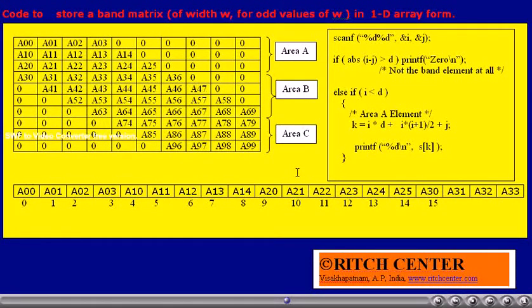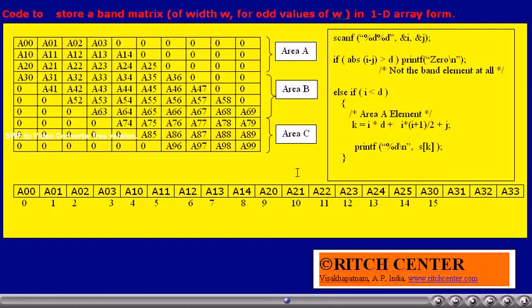The width is 7, d value is 7 by 2, 3. That is, for the first 3 rows, we will not be having complete 7 elements. That is, the 0th row contains d plus 1, that is 4 elements, the next row d plus 2, and the third row d plus 3, etc.